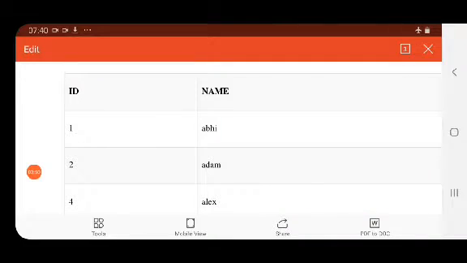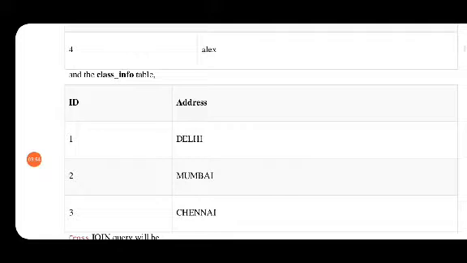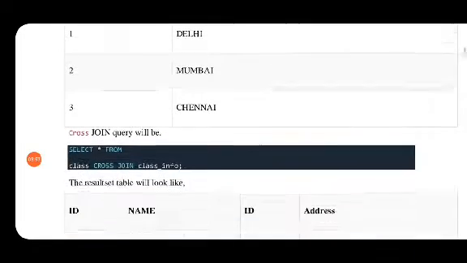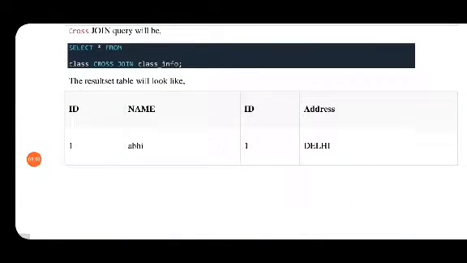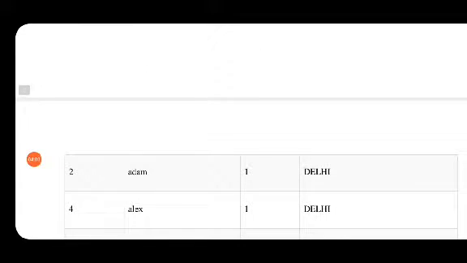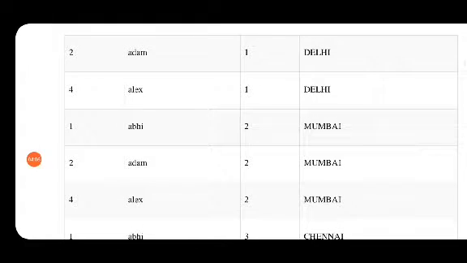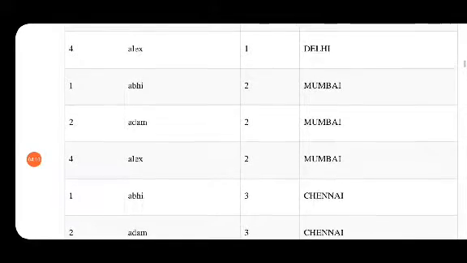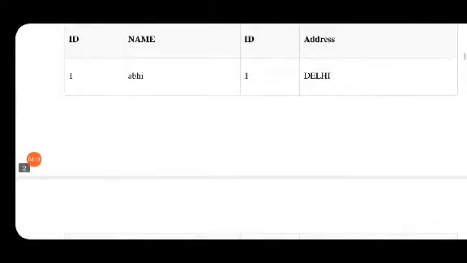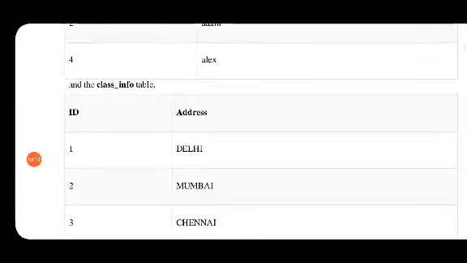Like this the results are shown, like 1 Abhi with 1 Delhi, 2 Mumbai, 3 Chennai. Just see 1 Abhi, 1 Delhi, 2 Adam, 1 Delhi, 4 Alex, 1 Delhi, then again 1 Abhi, 2 Mumbai, 2 Adam, 2 Mumbai. So each and every time it is fixed. I hope the Cartesian product or the cross join is clear to all of you.